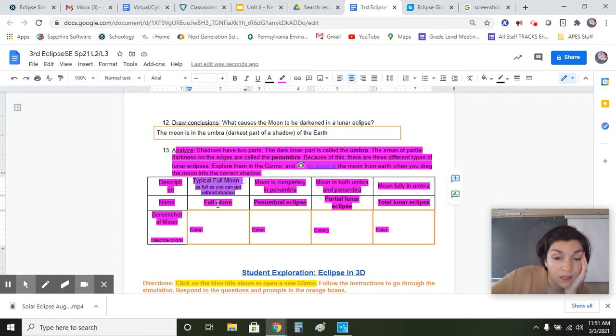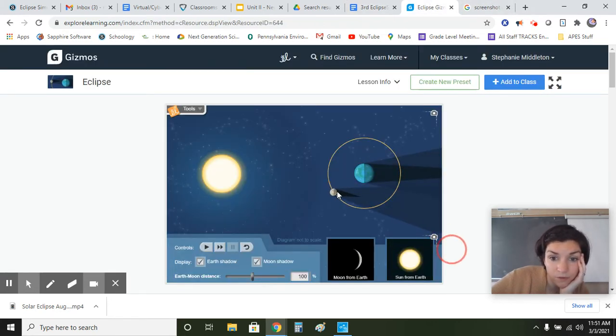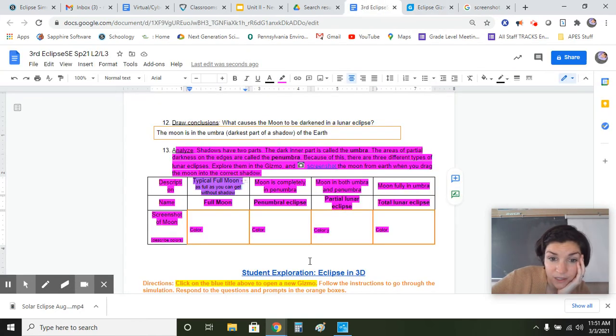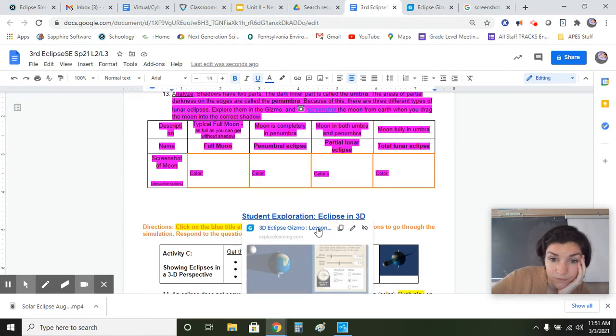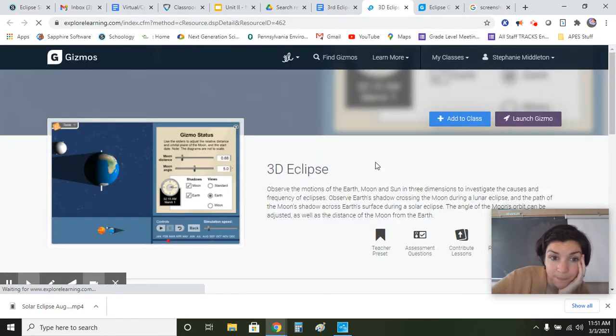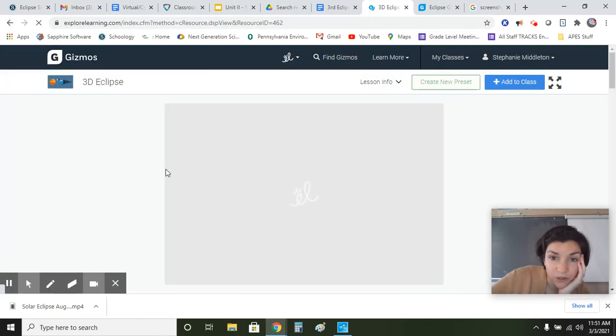So we can't get the best full moon because if you look, all right, here's the moon not in Earth's shadow, here it is in the penumbra, and then here it is in the umbra. So we can't, a full moon would be right behind Earth. And if you look, we are not going to go to this one, but let me show you